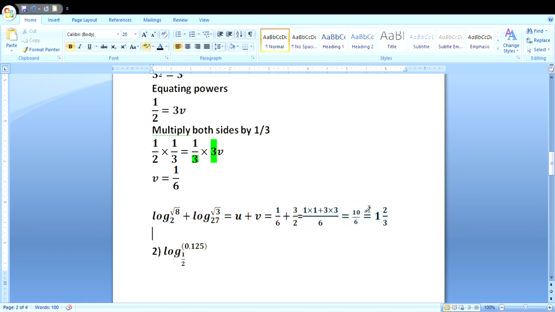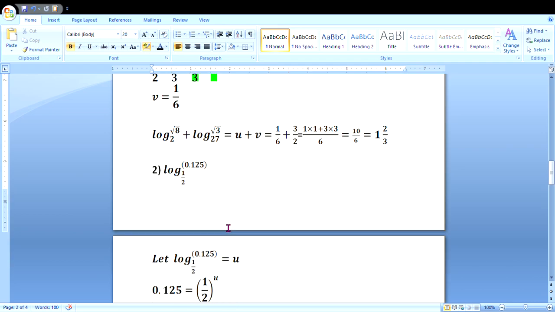So the common factor is 2. 2 in 10 is 5. 2 in 6 is 3. And this becomes 5 over 3, which is one whole number 2 over 3. Now let's look at number 2. We say log